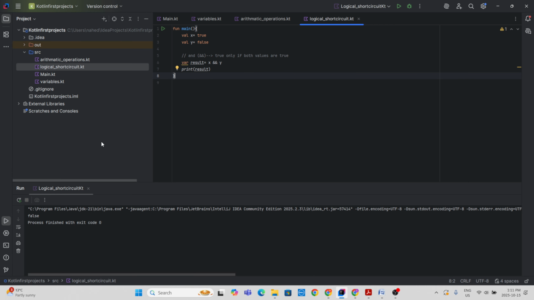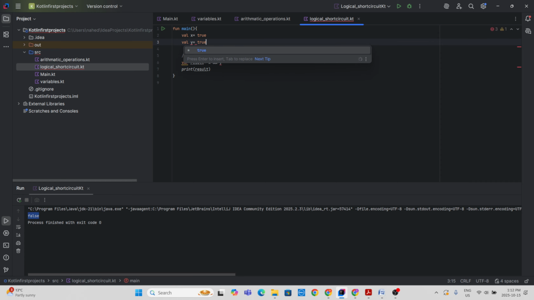Here you can see in our console that it returns false because the value of x is true and the value of y is false, and the AND operator condition is that it returns true only if both values are true. So if I change the value of y to true,